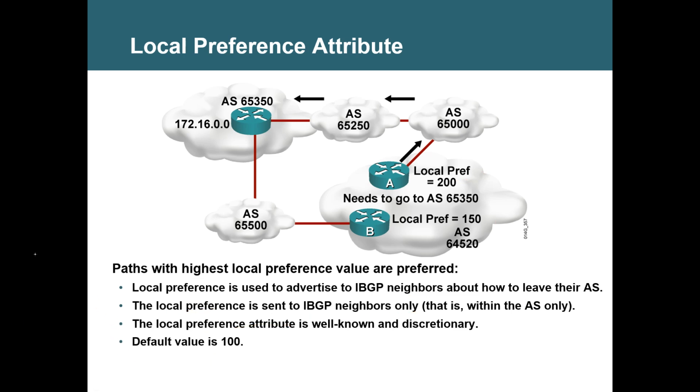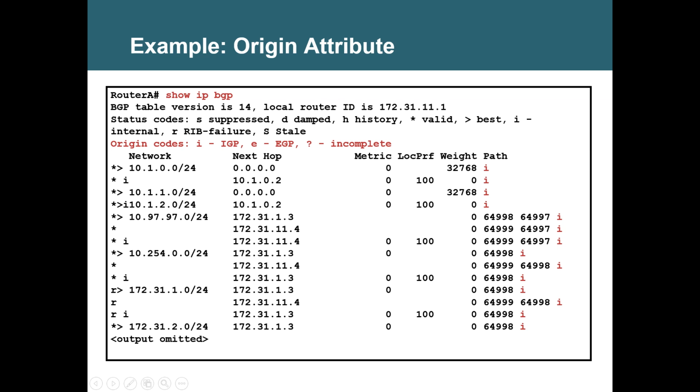Can you go to the previous slide once again? You see the default local preference is 100, and local preference will appear here if it is coming from a member of the same autonomous system. If it comes from the other autonomous system, from EBGP, it won't show you. It will be blank.